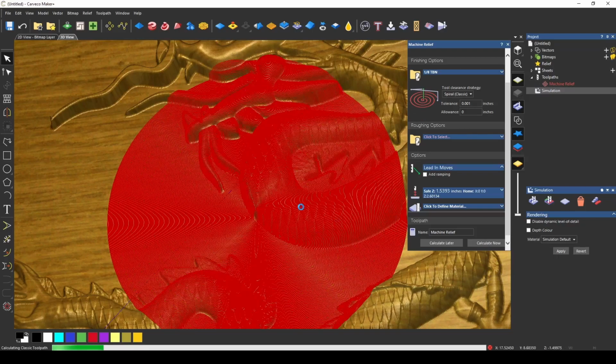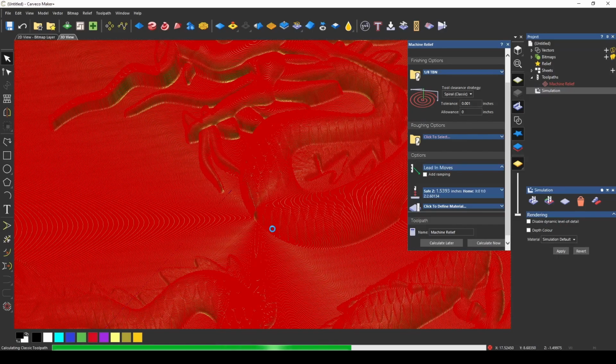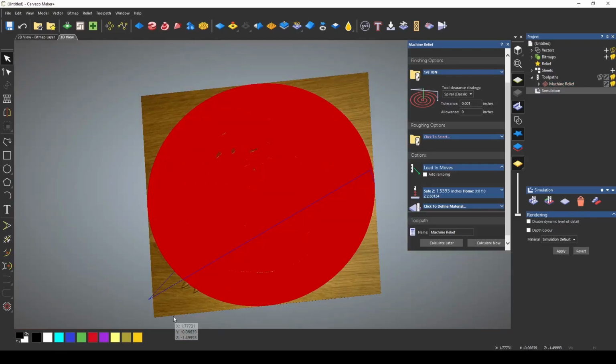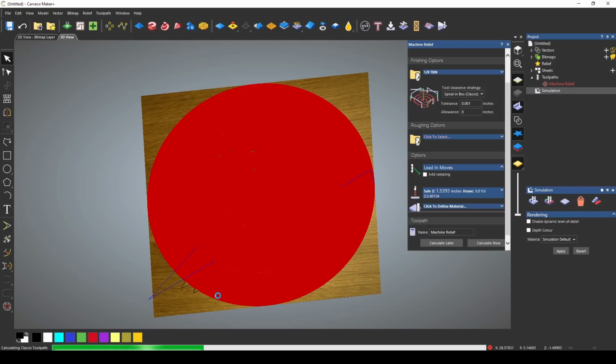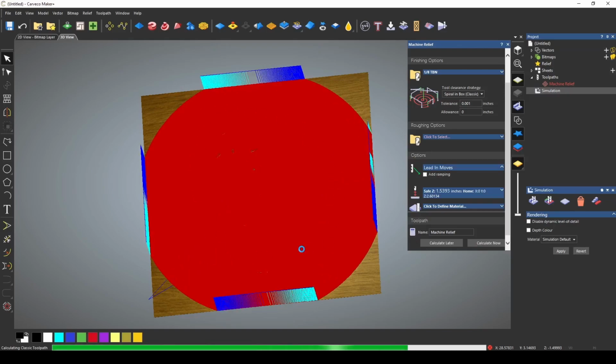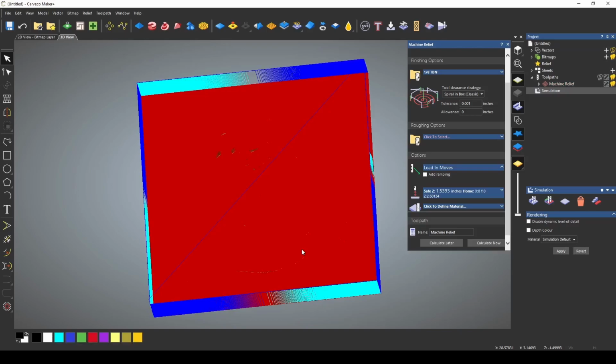However, if we use just the basic spiral toolpath, when the toolpath strategy finishes, you can see that because the toolpath strategy is a spiral, when it reaches the edges of the material, it stops. It does not continue past to get these corners. Now, to solve this, we have spiral in a box, and spiral in a box just adds movements at the end of this spiral path to get these corners. If your model will fit inside the spiral toolpath, it's the fastest and most efficient toolpath strategy in Carveco.